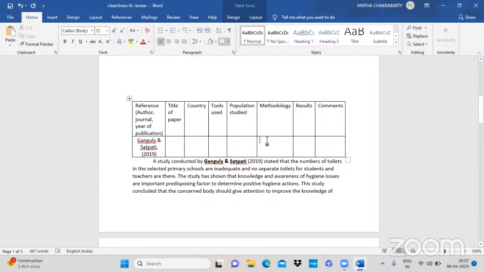হ্যাঁ। এবার দেখো তুমি যে লেখাটা লিখেছিলে তার মধ্যে কি তুমি ওই কথাগুলো লিখেছো? না। দেখতে পাচ্ছ কোথায় গ্যাপ হচ্ছে নলেজটার? এবার লেখো ওটা যেটা বলছো। আর কি টুল ইউজ করেছিলেন উনি, আর কোন পপুলেশনের উপরে ডেটাটা তুলেছিলেন? রেজাল্টসটা উনি কি পেয়েছিলেন? কমেন্টটা হবে, মানে কোন পার্সপেক্টিভ থেকে উনি স্টাডি করেছিলেন।